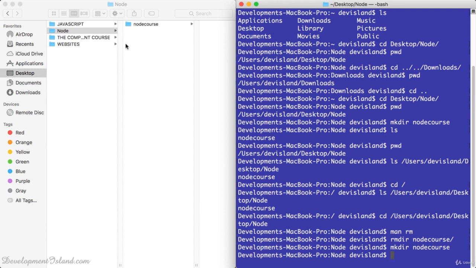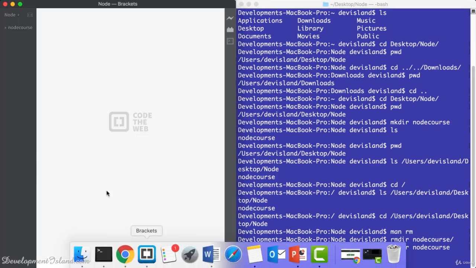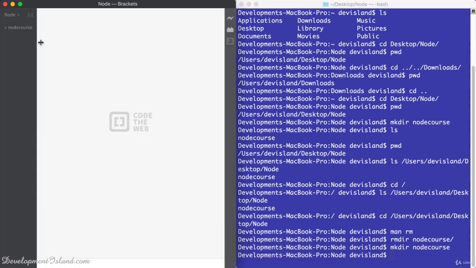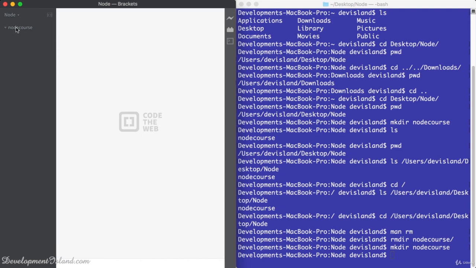And I'm going to open this using Brackets. So of course it opened already. So this will make things easy for us to create files, etc. So I'm going to create a new file inside node course. I'm going to call it app.js, and I'm going to create another folder